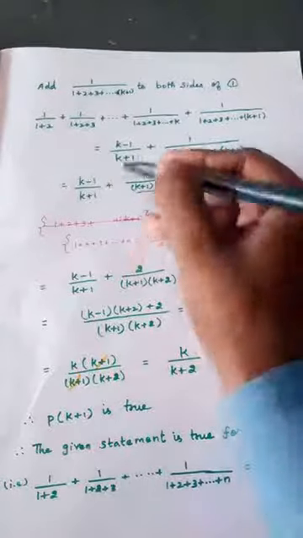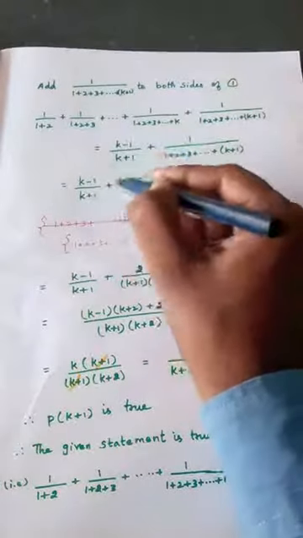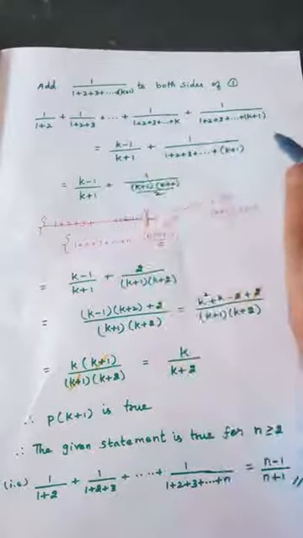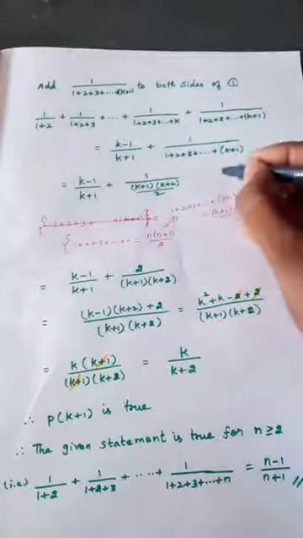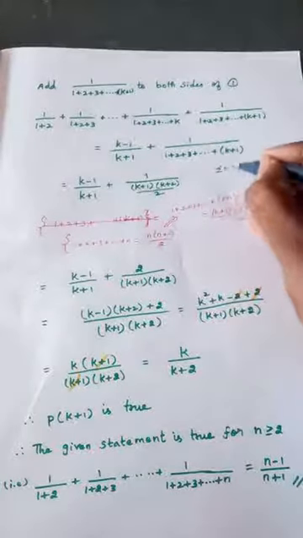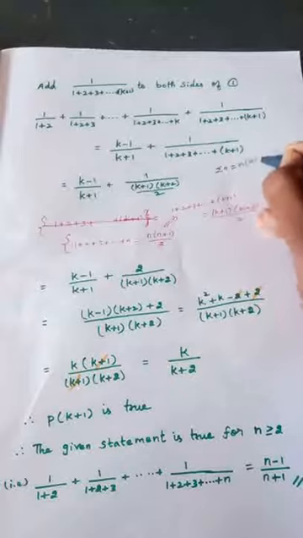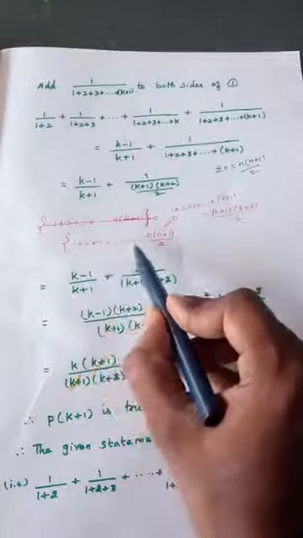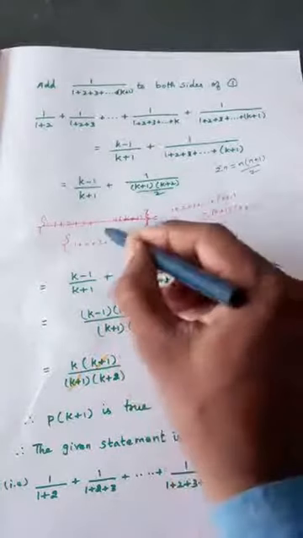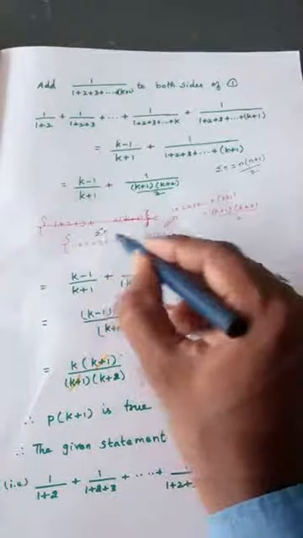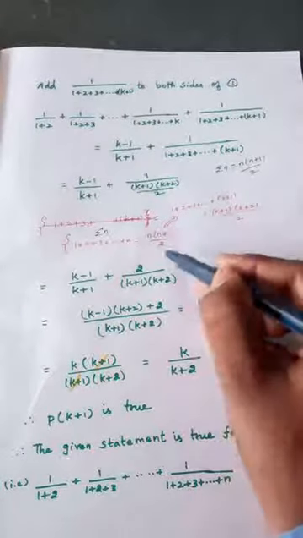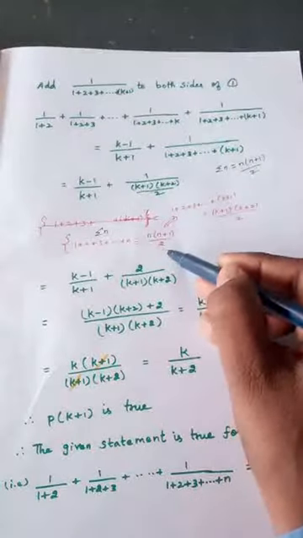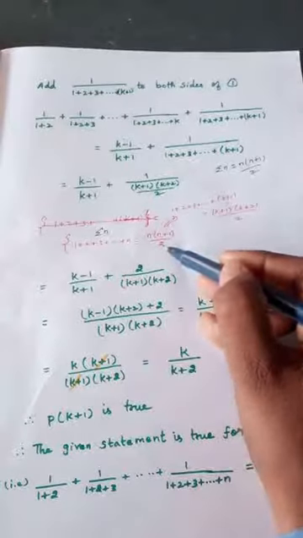And after this, the term is written as it is, plus 1 by... We know in the 10th standard itself, the sum of n terms formula, sigma n, is n into n plus 1 by 2. Or even I can say like this: 1 plus 2 plus 3 plus etcetera up to n. This is called sigma n. The formula is n into n plus 1 by 2. You know this in your 10th standard itself.